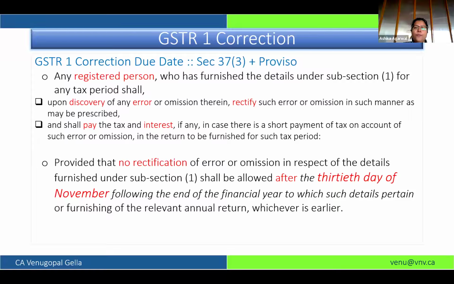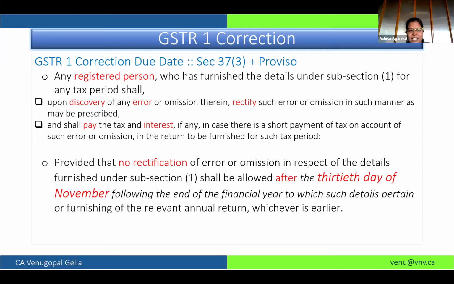However, we have an option by way of amendment, which we can do in the next month. So if I have made any error in the month of April, I can correct it in May, June, any subsequent month, but for 24-25 I can do it till November 2025. So basically, I should use the words October 25, based on tax period. So I can do my correction till my October GSTR1 filing.